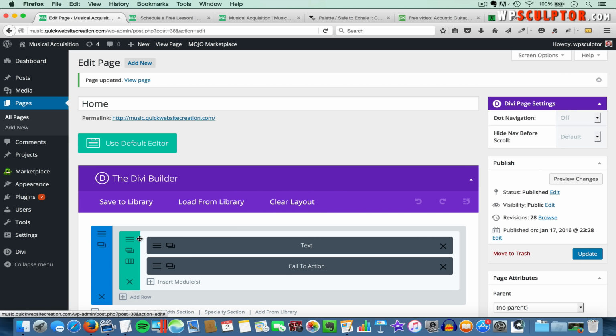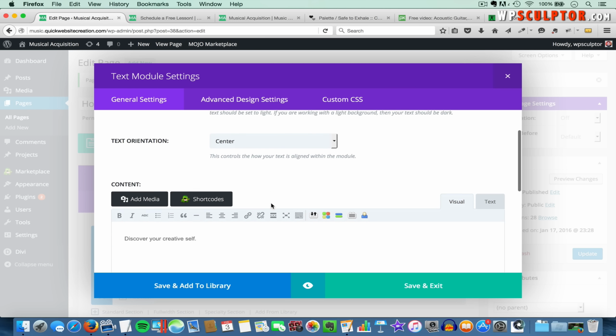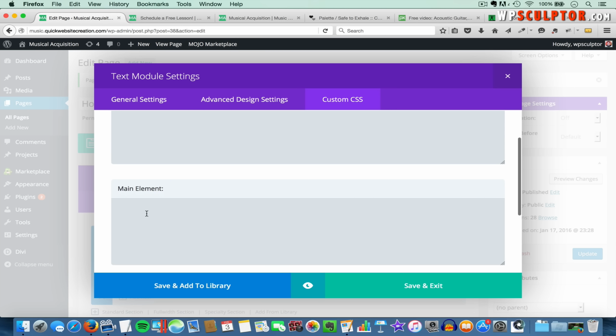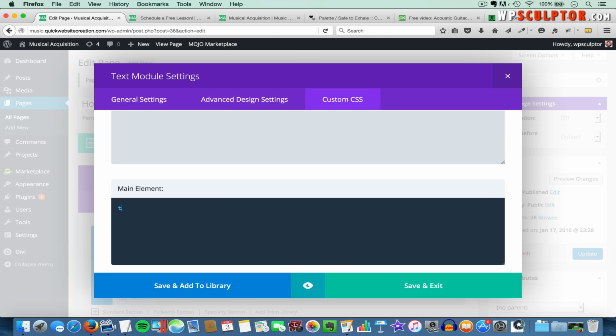So what we're going to do is, since we just want to change the text that we have in our text module, I'm going to click on the settings button for the text module. And again, we only have Discover Your Creative Self in the text module, so the CSS code is only going to affect that text. So to add the CSS, we're going to click on Custom CSS, and we'll come down to the main element box and click there, and then we're just going to type in text-shadow colon and then space, and then we're going to type in 1px space 1px space pound and then 6 zeros, and